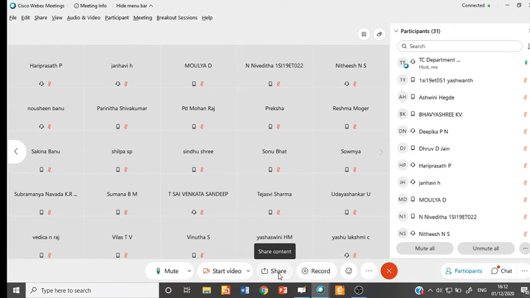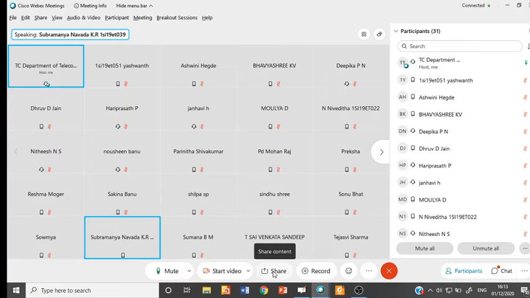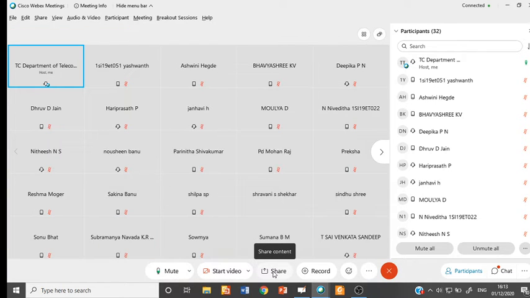Has anybody done it? Subramanya, have you done it? Got the answer? It will be one, right? Yes, it will be 1, only at t equal to 0, because del of t is defined and that will exist only at t equal to 0. Similarly, if you take other values of t, then it will also exist.